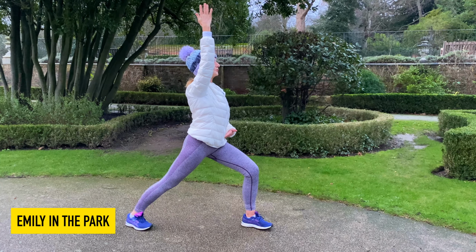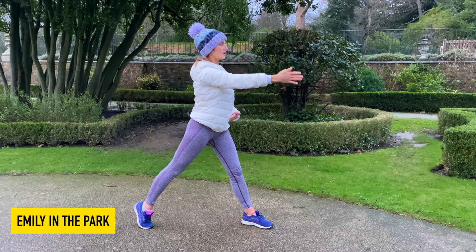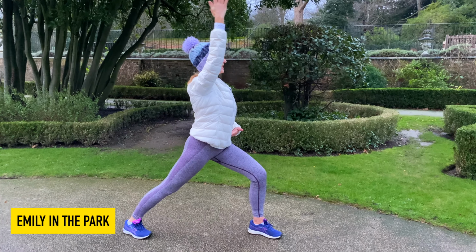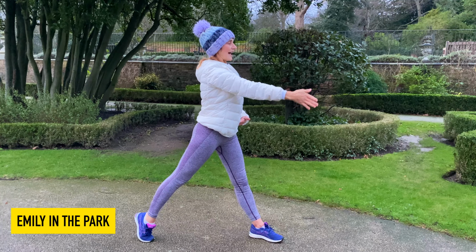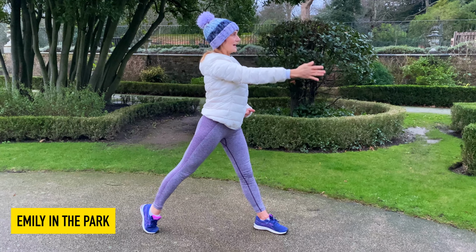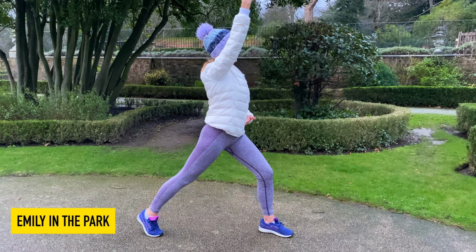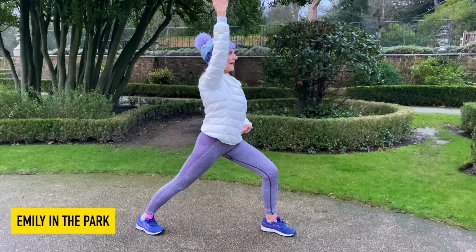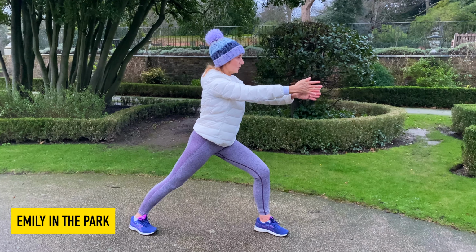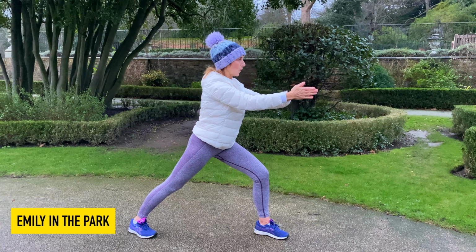5. Breath in through the nose, breath out through the mouth. 6. Breath in through the nose, breath out for 7. Breath in through the nose, breath out for 8. Excellent. Okay, nice and gently bring that arm forward, reach the other one forward as well, engage the core, soften